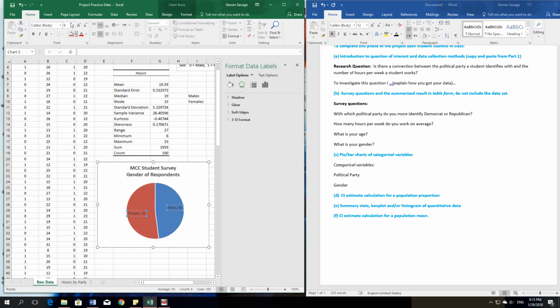Now I think these might be a little small. That's a size 9 font. I'm going to increase that a little bit. I don't want to make it too big. 12 seems to be okay. So I have that. Okay, and so once you have the chart and you think it looks decent, you can